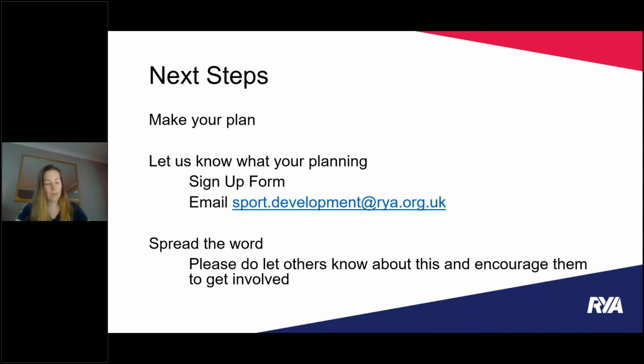On that form, it asks for the name of your organisation, a contact point, and then a quick description around the activities that you're looking to highlight as part of Steering the Course. Or if you're not too keen on filling out forms, you can send an email to sports.development@raa.org.uk and give the same sort of description of what you're looking to get involved with, and we can then use that to start a conversation. If you've got any questions, please do ask those through that email, and we'll be happy to answer them.